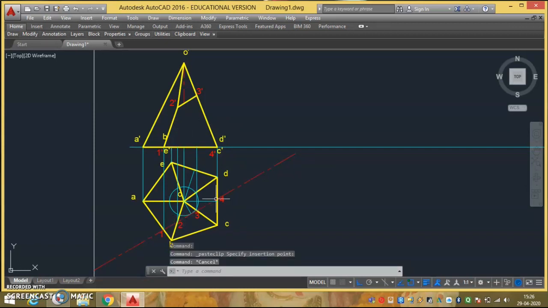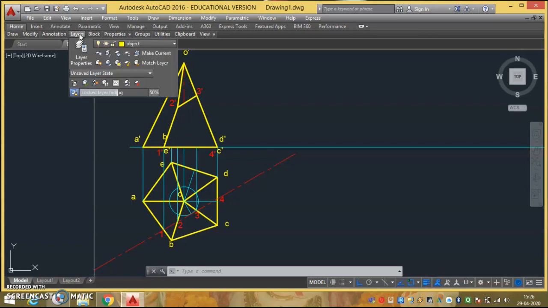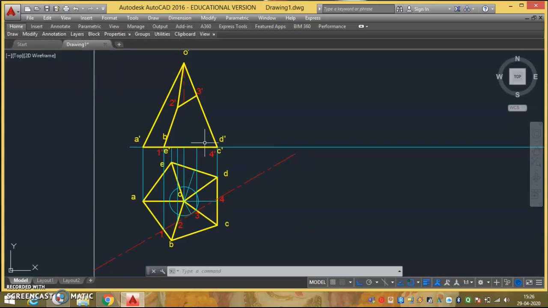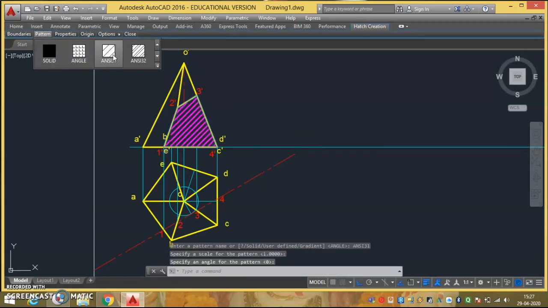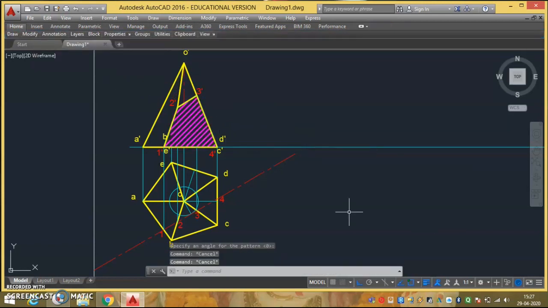Now since this part is cut, as I mentioned, this particular part of the solid will be removed. This part will be visible. So the apex is intact. This part is remaining, this part is removed, so here you will be able to see the section. For that, you can just draw the hatching. So H, enter. I can just click here. This pattern I don't want. I want it to be ANSI 31. Once it is done, say escape. So this is done.